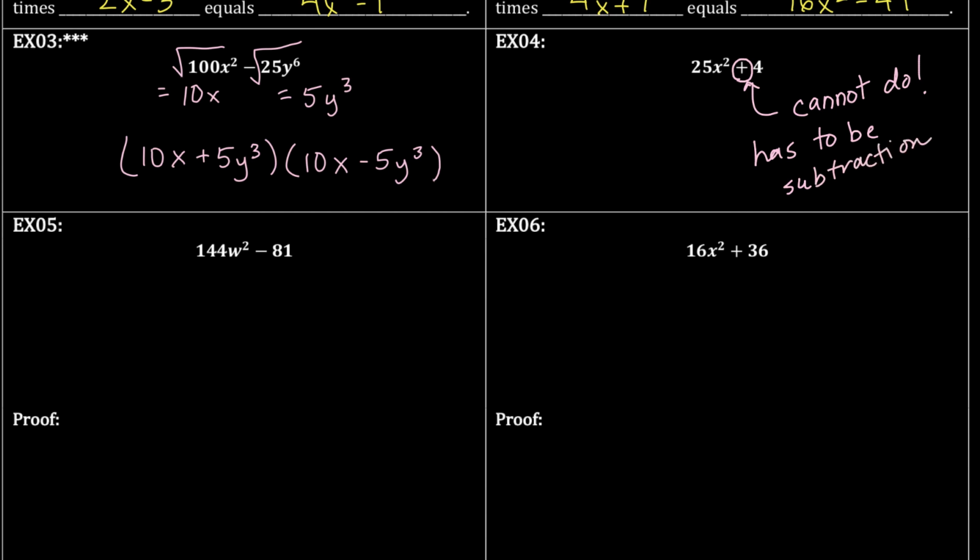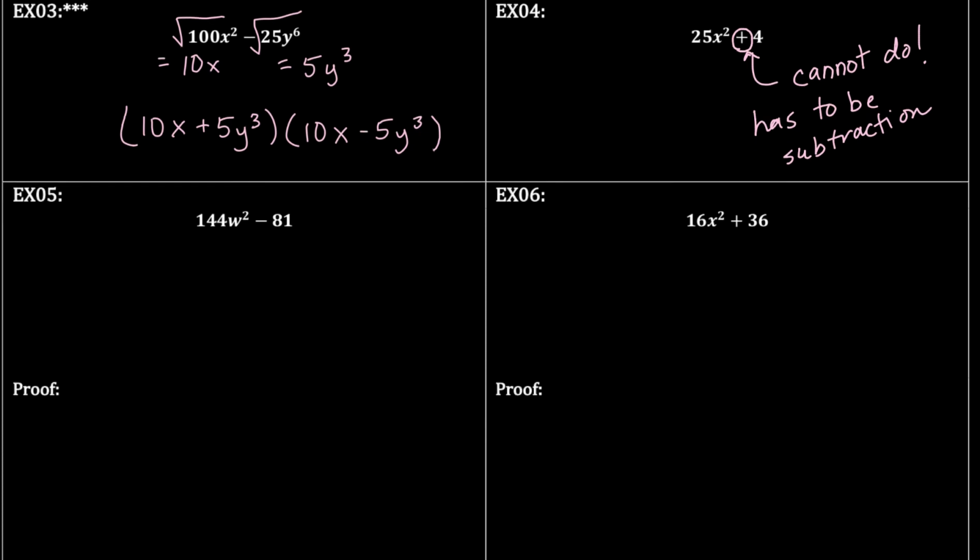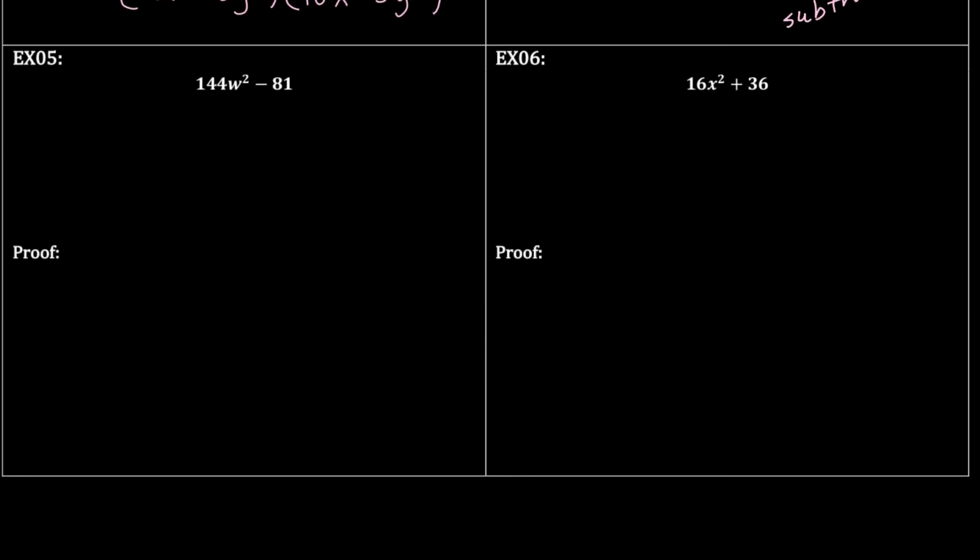Okay, cool. And so let's do this one. Let's square root that one. Square root of 144w to the 2nd power is 12w, because 12w times 12w is 144w to the 2nd power. What times what is 81? Well, actually, let me write that w a little better. Okay. What times what is 81? Well, that's 9. Square root of 81 is 9. So you get